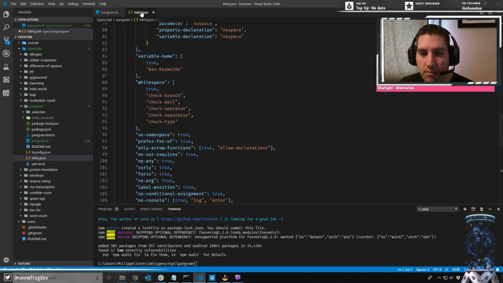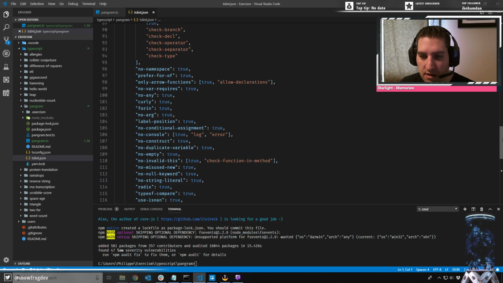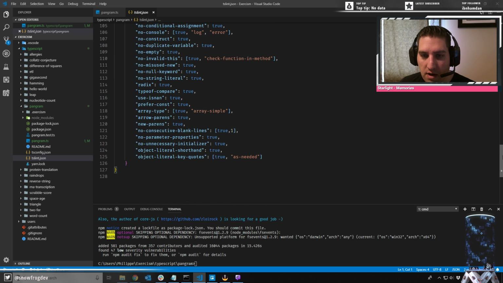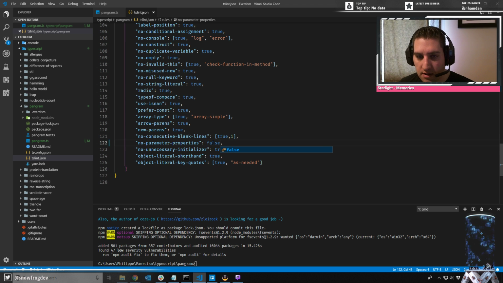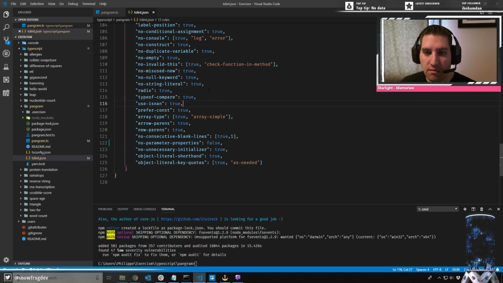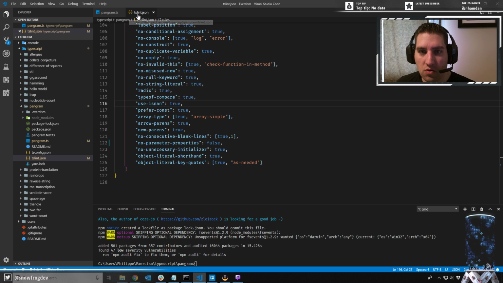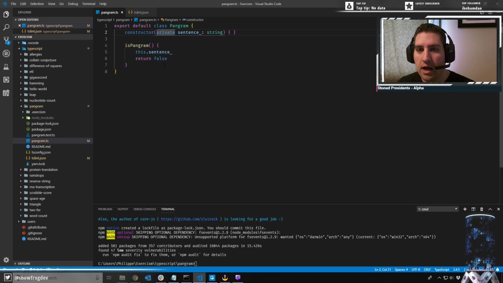No parameter properties. That is one of the things I really like about TypeScript. No parameter properties. Boom. It's going to be false. Probably not going to get any mentor feedback anyways, so I'm going to do my thing. All right. Structure,